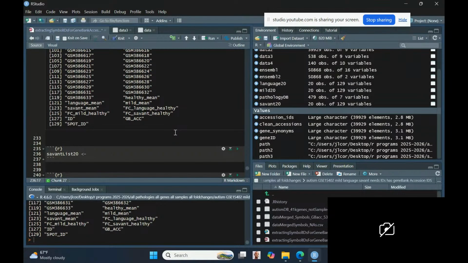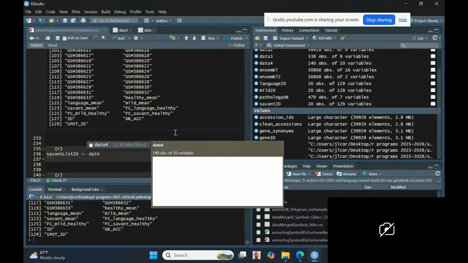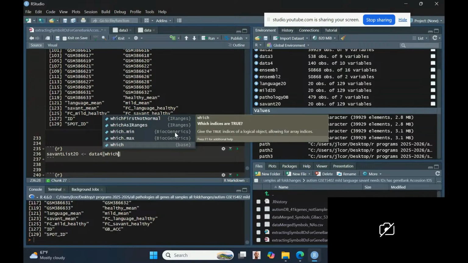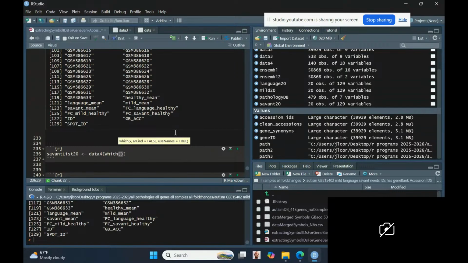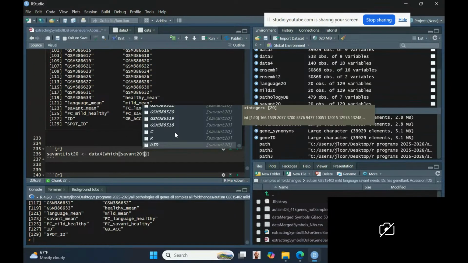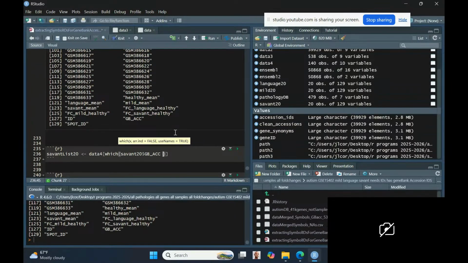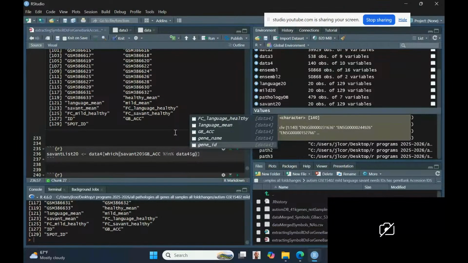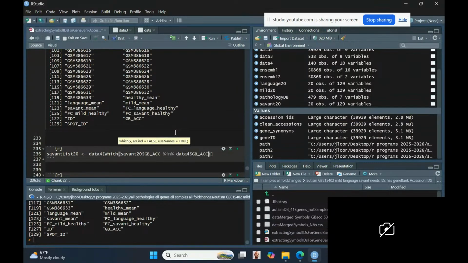So on list 20, and then we'll go back to this data 4. Which savant 20 by GBACC percent in percent data 4 by GBACC,